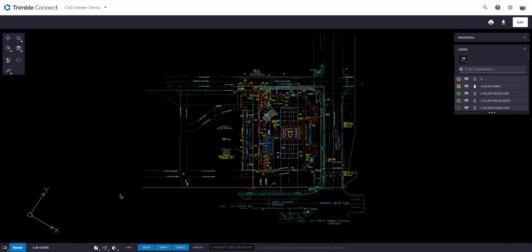So before we get into the actual data prep process, where we're going to clean this data up and prepare it for sending out to the field device, whether it's Trimble Access or Trimble SiteWorks. If you're a civil contractor, you're probably more familiar with SiteWorks, and that's really the focus of what this class is intended for. We're going to first do a quick overview of the interface and provide a little bit of